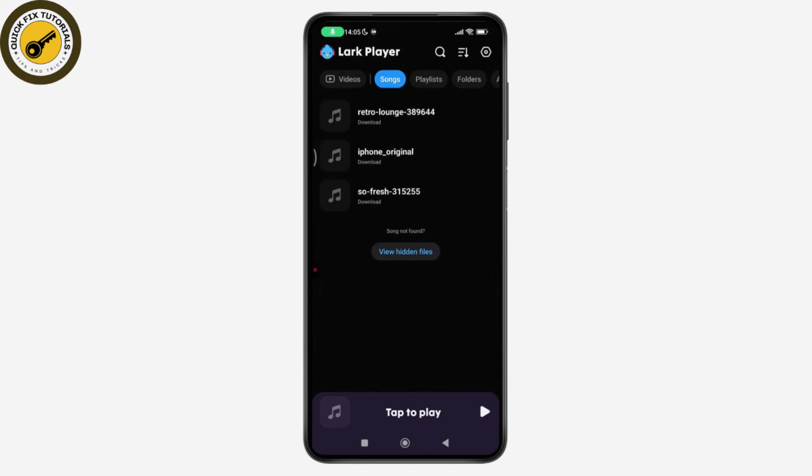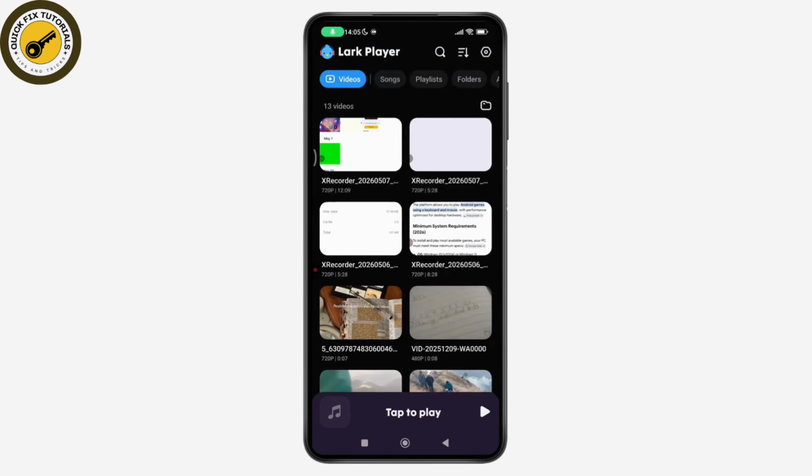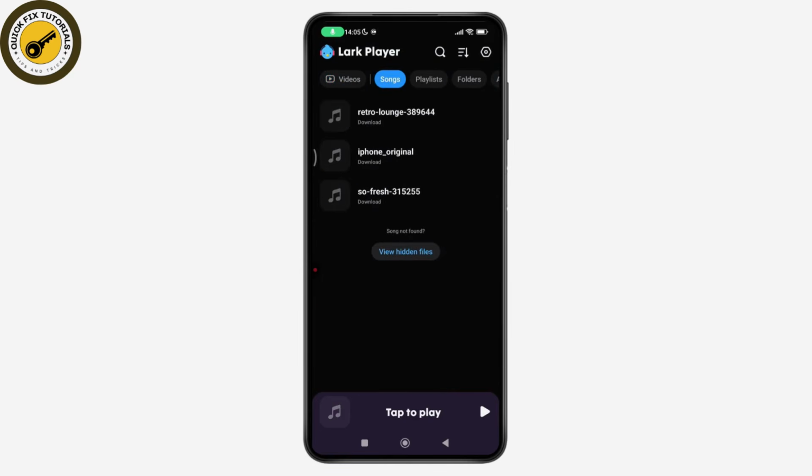Lark Player is a free music and video player for Android and iOS, letting you play local files at no cost. The only paid option is an optional premium subscription available monthly or yearly, which removes ads for a completely